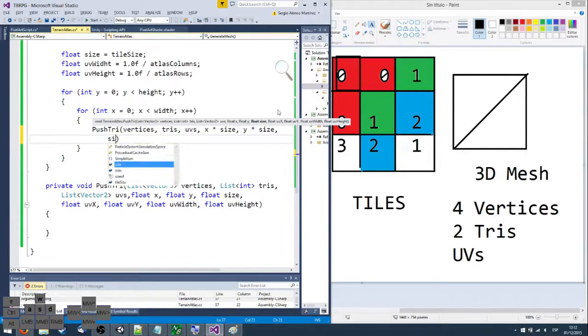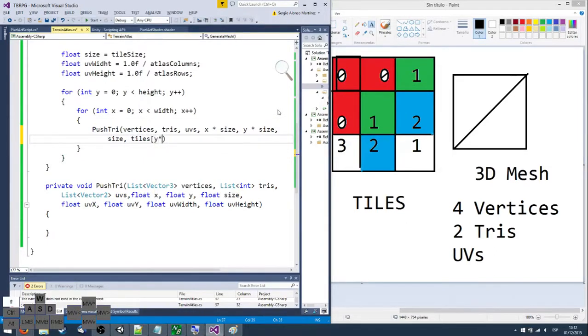Then the actual size, then the UV X coordinate, which would be tiles from Y times width plus X times